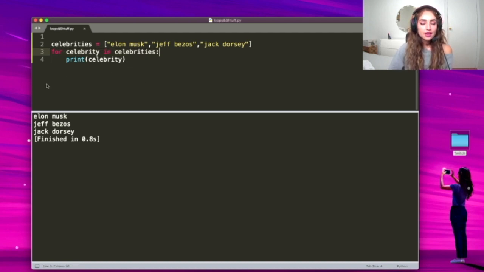It's a little bit easier to understand this by rewording it. So instead of reading for celebrity in celebrities, print celebrity, we're going to read it as for every celebrity in the list of celebrities, print each celebrity. See how it's easier to understand? And you don't have to name your variable celebrity and celebrities. In fact, you can go ahead and name it